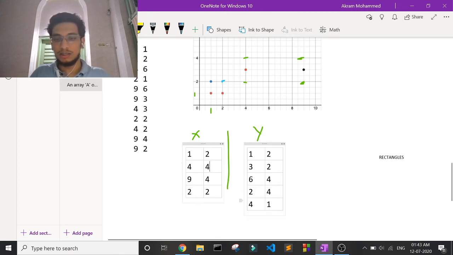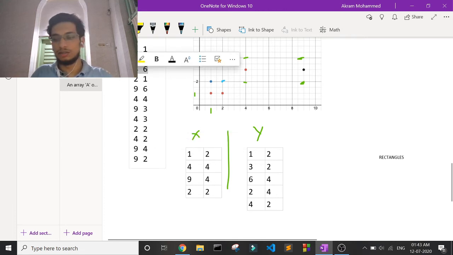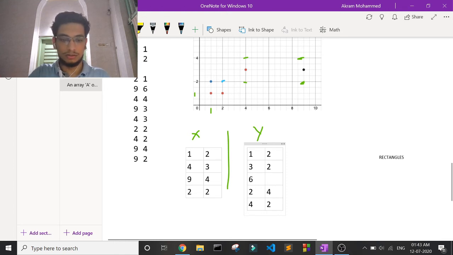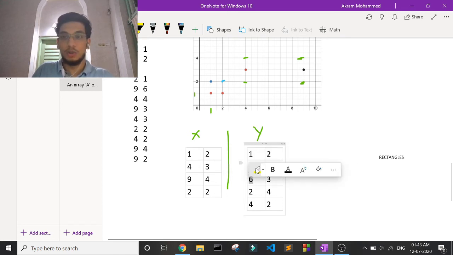So if I remove something else, let's just try removing something else, and let me bring back that 9 and that 4 and 4, some different number. Let's say I remove 4 and 6. So I lost a 4 and I lost a 6. So the count decreases, right? Which is again odd. So I can loop down and say, okay, in my x, this guy is odd, so this is what's missing. And in my y, this is what's missing. And I just go out and I can print that.